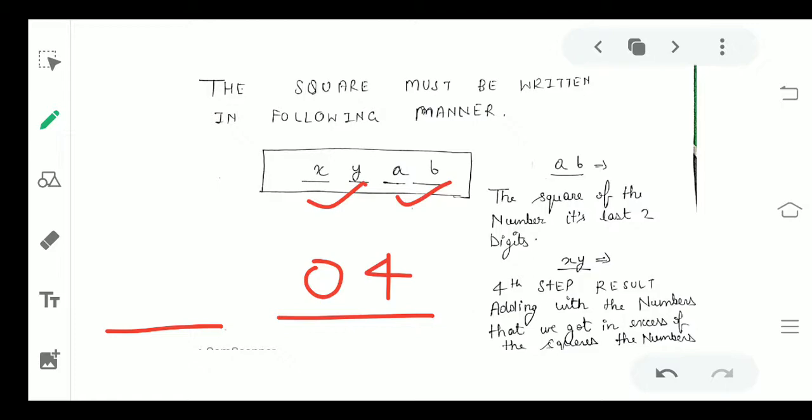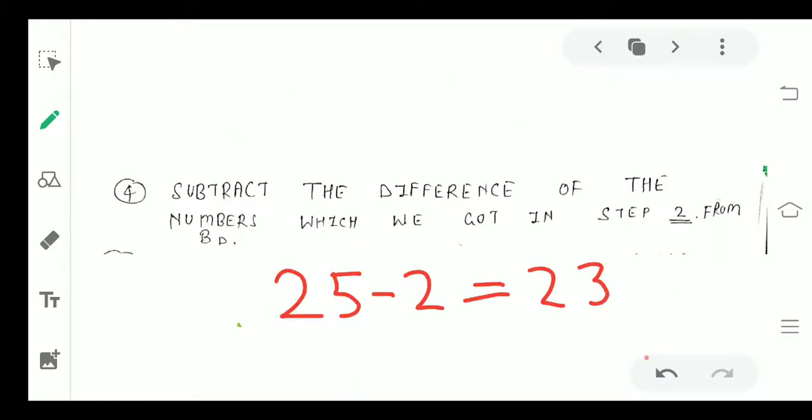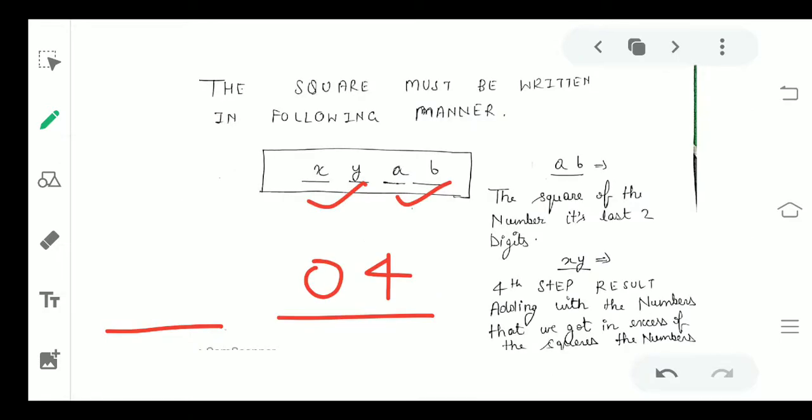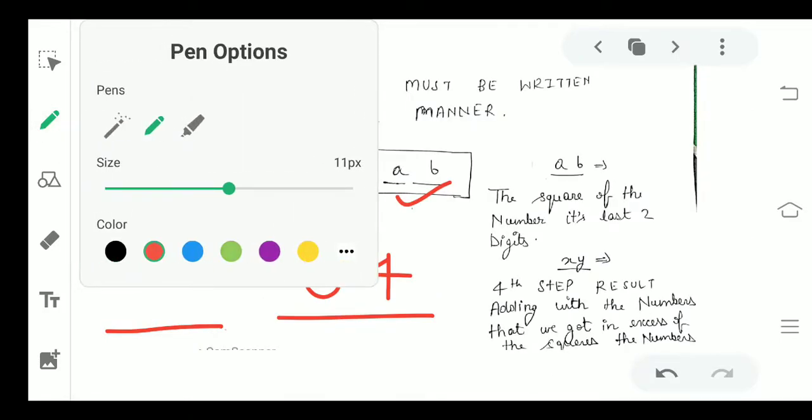Okay, we add the excess from the square of the number. It means to say, if we obtain the square of any number which is of 3 digits, for example, if the square of the number 10 is 100, we will write the last 2 digits as AB, and we will carry 1 and add to xy. So here the result of the fourth step was 23. If the square exceeded 2 digits, we would add 1 to the result obtained in step 4, which is 23. But here the case is not like that, so we will just write 23 and it's our answer.